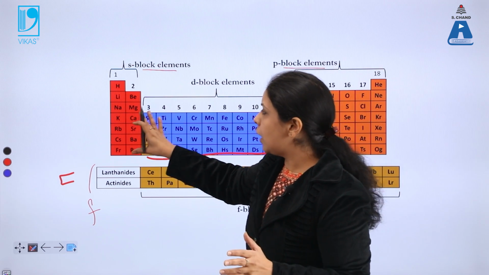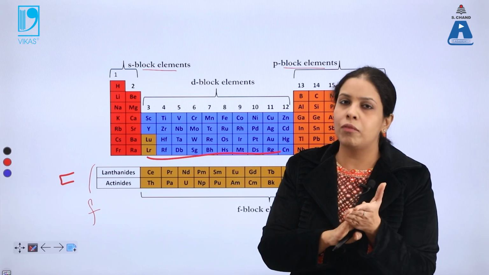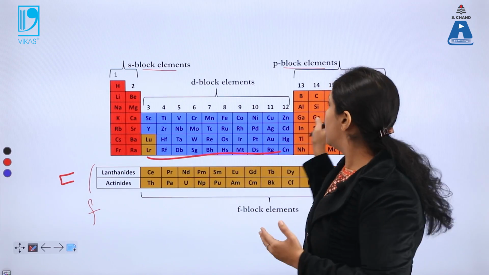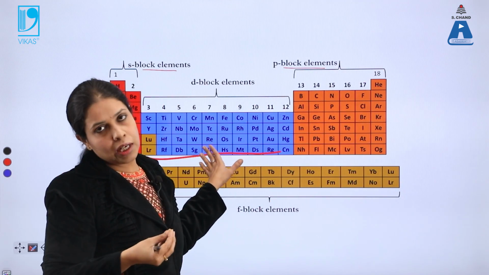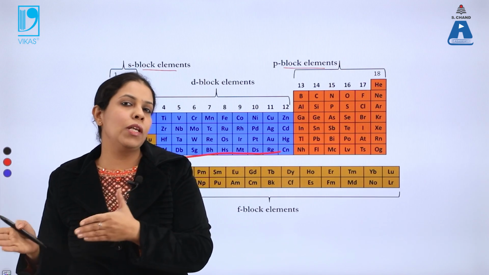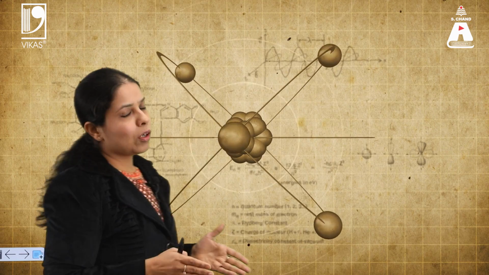Whichever orbitals the electrons are coming into also defines the energy of those electrons. So s block elements will have some common properties. p block elements will have some common properties, and usually d block elements are also known as transition elements because their properties are between the s block and p block, right? So let's move ahead. That's it for today's part.